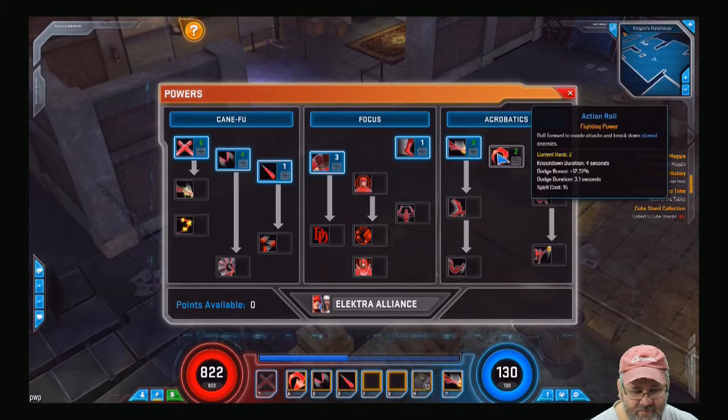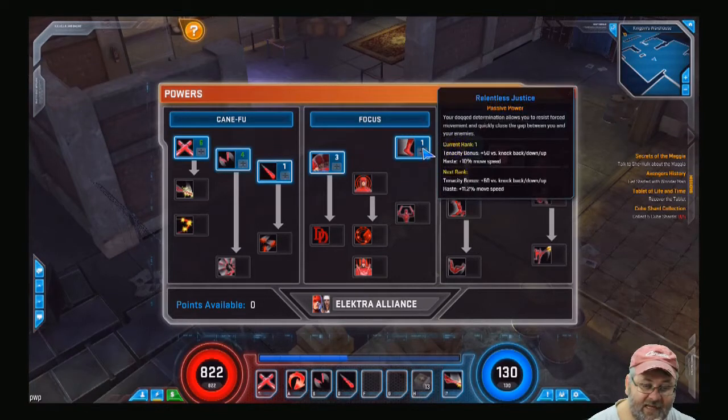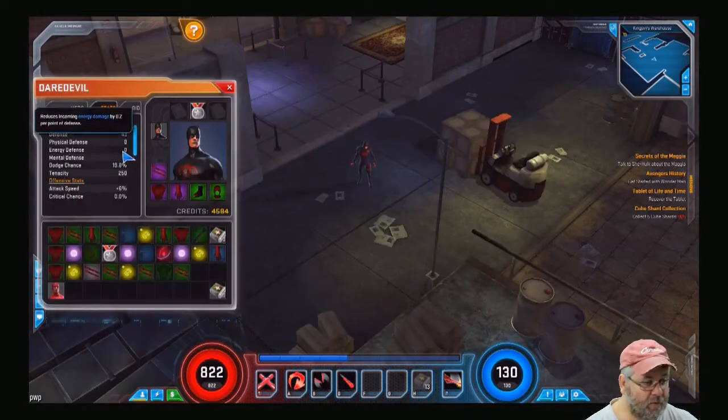To resist... Is it this one? Yeah, tenacity bonus. Your dodge term allows you to resist forced movement and quickly close the gap between... So, while I do like the haste, the tenacity bonus isn't that great. Not if it's only going to go up 10 points. Because if everyone's imposing a 250 on me...